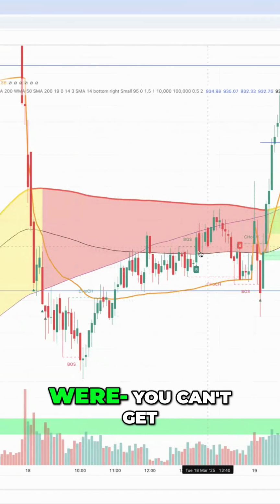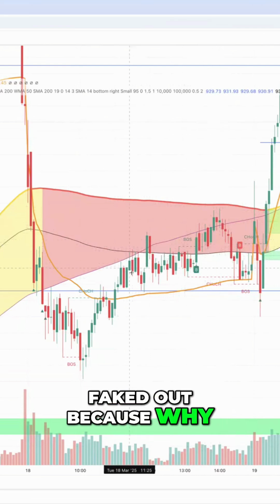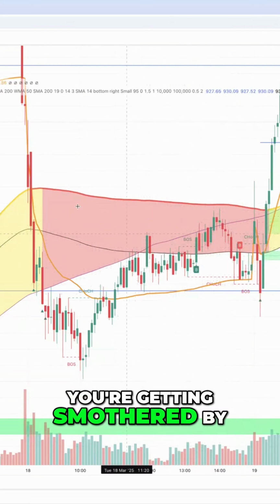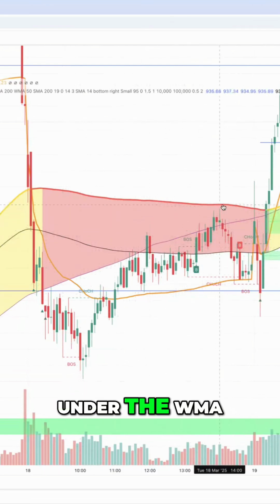And so you can't get faked out because why? Even though it's pushing up and holding VWAP, you're getting smothered by this range because you're under the WMA